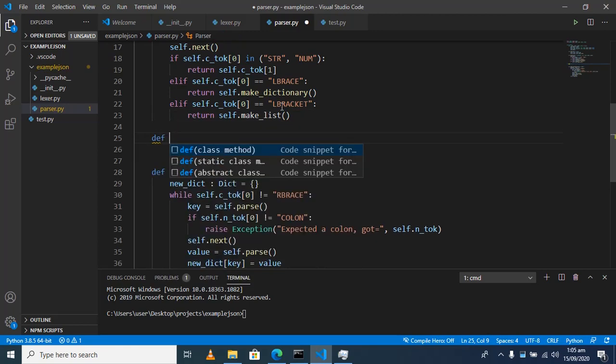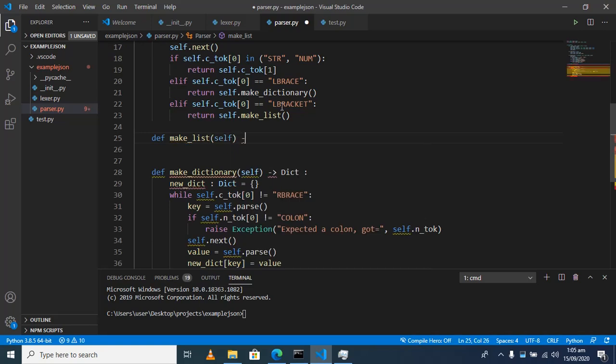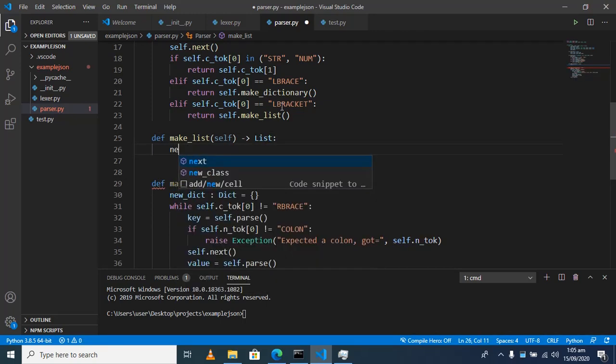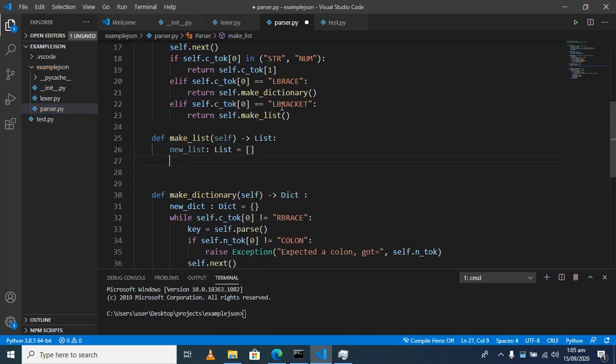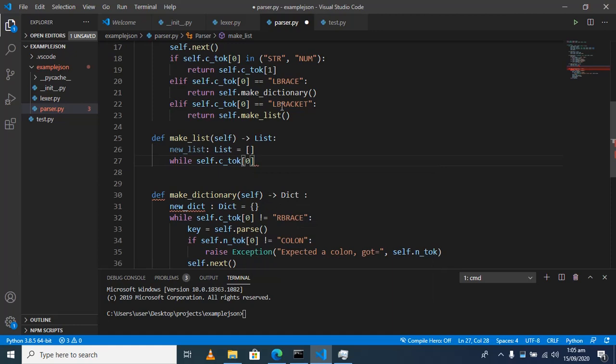Now this make list is relatively simple. The reason it's simple is that we are just going to pass one item and not a key value pair, just a value. So we just need to create our new list, and then, whilst the current token is not an R bracket,